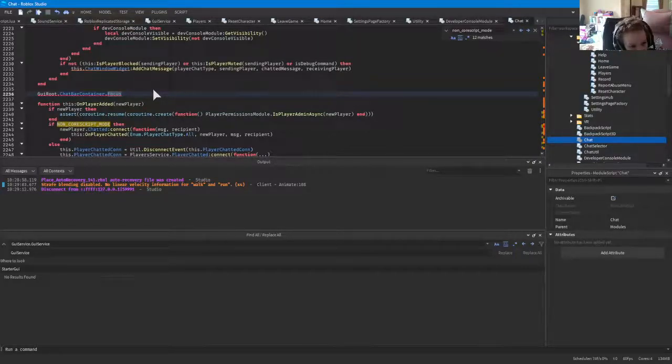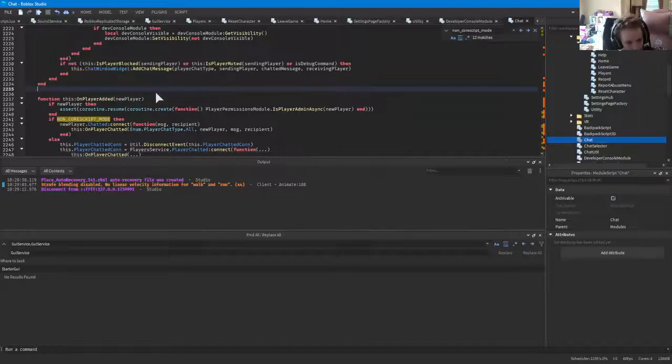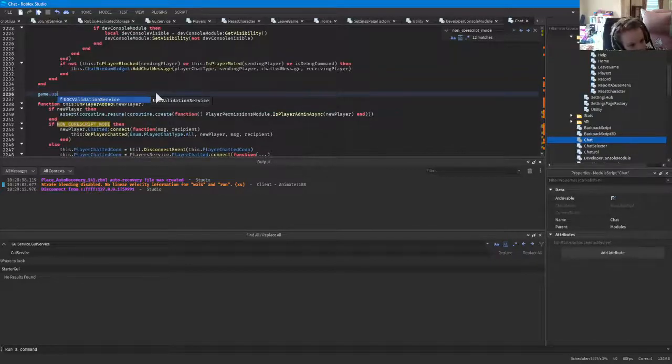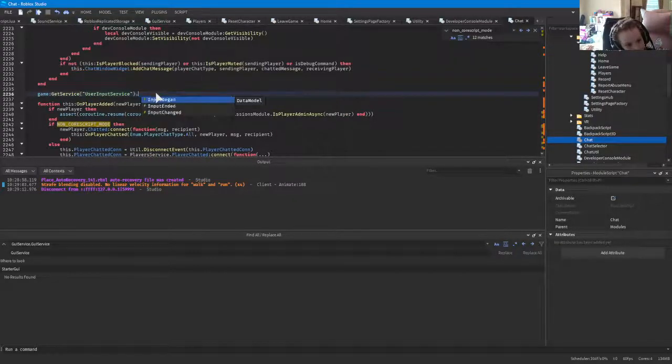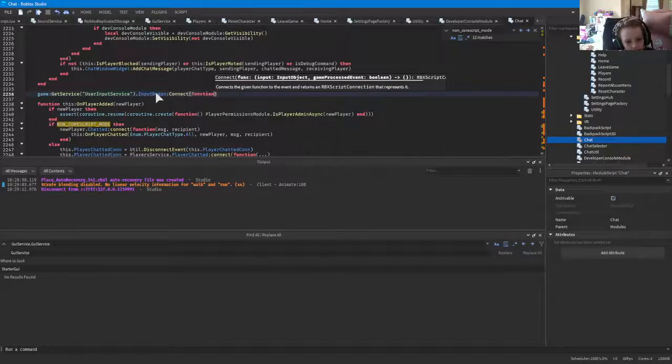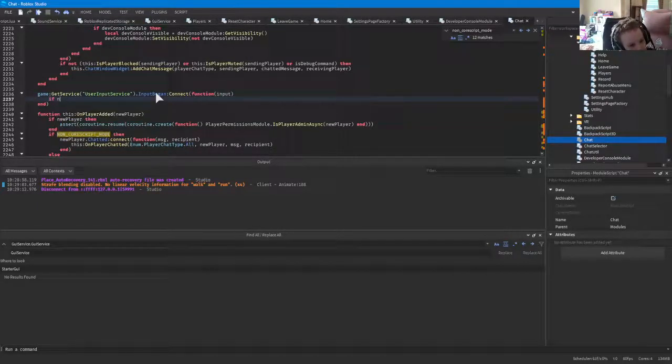Just click capture focus. Gonna have that line. game get service, user input service, dot input began connect function input, if input dot key code is enum dot key code dot slash then